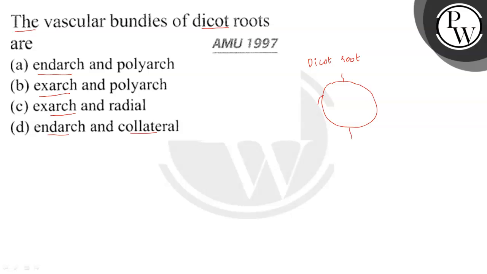So it will look something like this, where इस पार्ट को हम बोलेंगे the root hair and this is the piliferous layer. Followed by that हम देख सकते हैं कि xylem and the phloem they are present in tetrad form, meaning they are present in number of 4 and ये xylem and phloem में हम देख पाएंगे कि they are arranged in alternate manner. अगर हम इस डायग्राम को लेबल करें, this is the phloem,